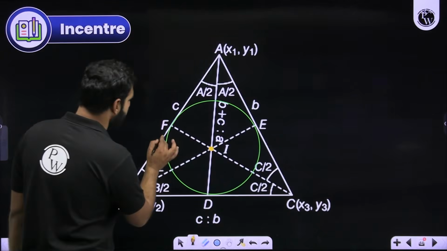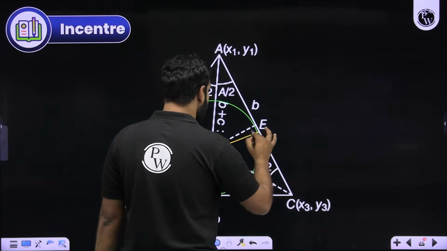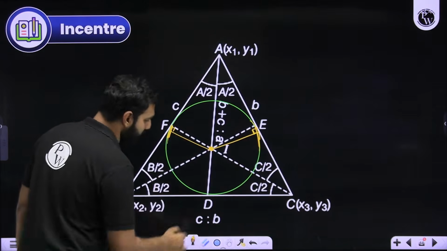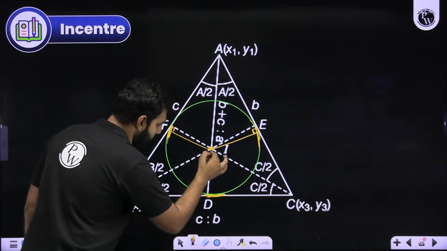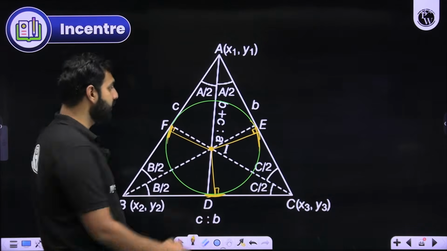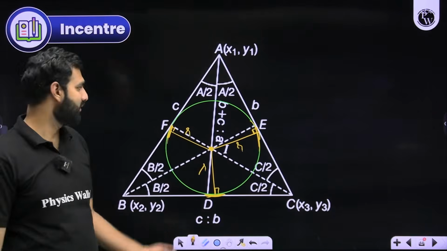For example, from here, let's say I drop a perpendicular, this will go like this. From here, let's say I drop a perpendicular, this will go like this, and this will be the point of contact here. Let's say this is the point of contact here. So from here, if I drop a perpendicular here, this will be that foot. And remember, these are going to be the inradius, the radius of that smaller circle which we have drawn